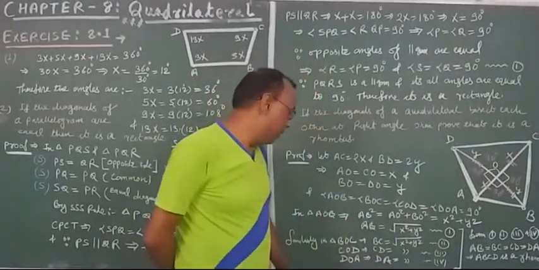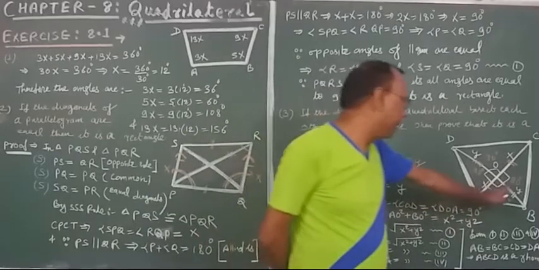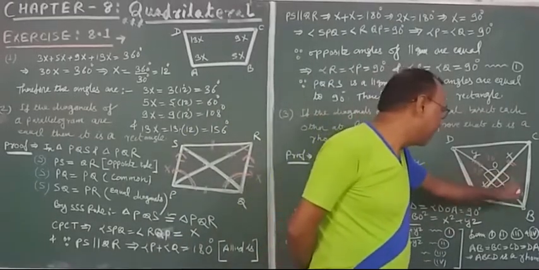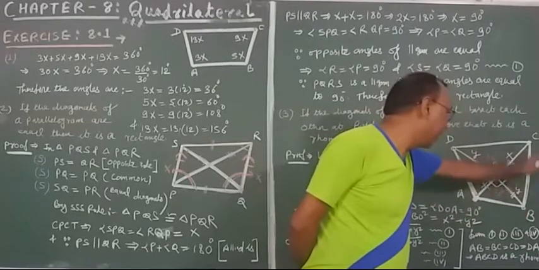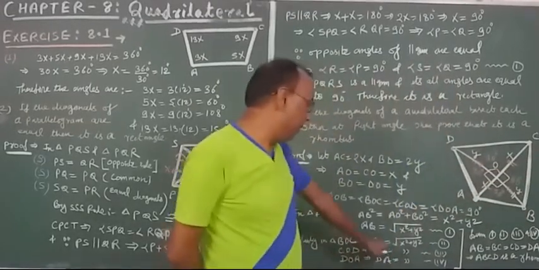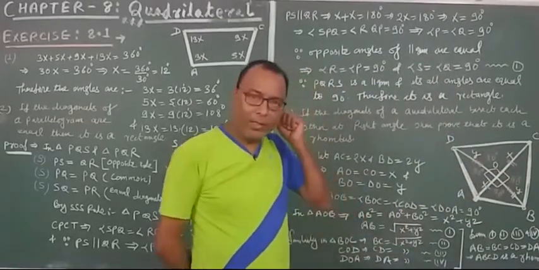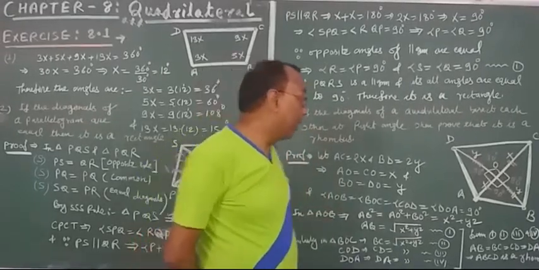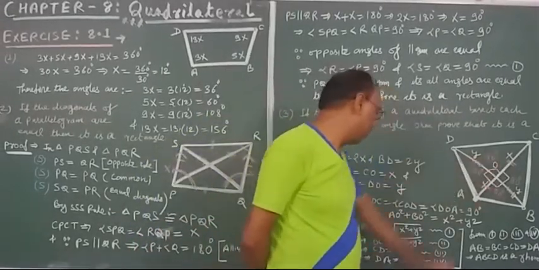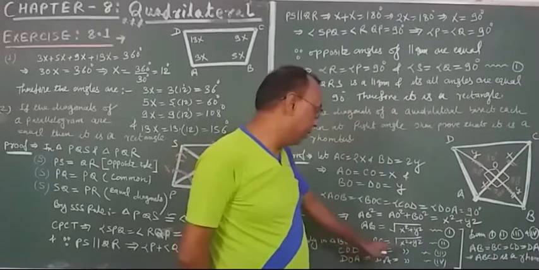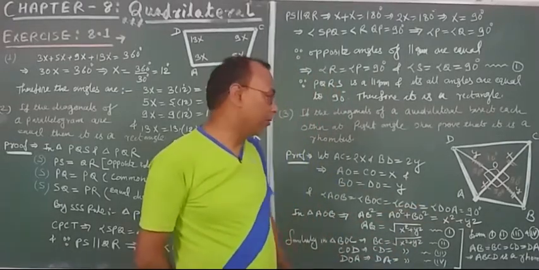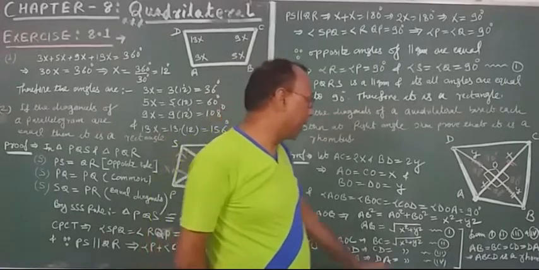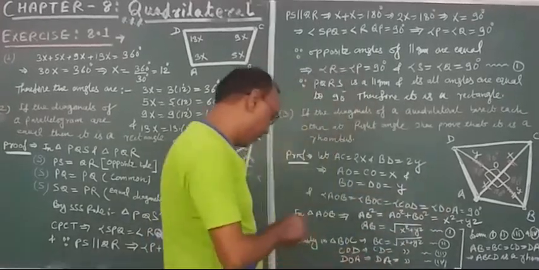Similarly, in triangle BOC, again this is x, this is y. This angle is 90 degrees. Again this is a right angle triangle. Again BC will be under root x square plus y square. Similarly, in triangle COD, you can calculate DC or CD. That will also be under root x square plus y square. And finally, in the triangle DOA, what will happen?